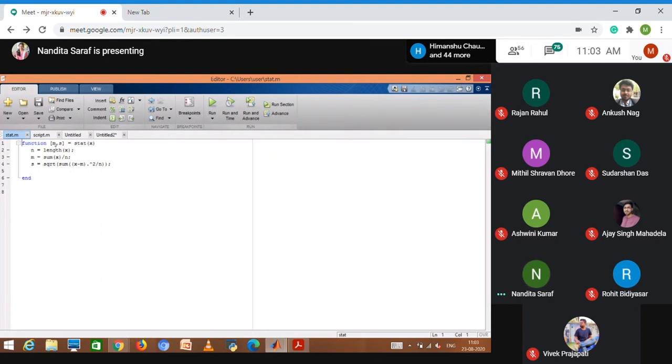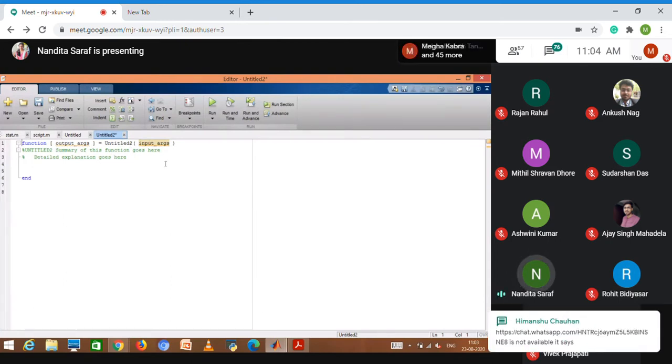Here, in the function file, the output argument is what the function is calculating. The untitled 2 is the name of the function file, and input is what the user is giving as an input.